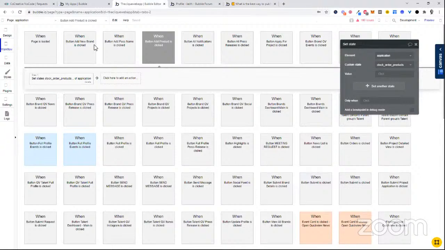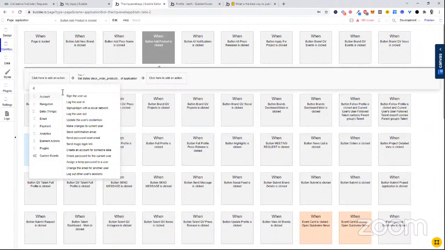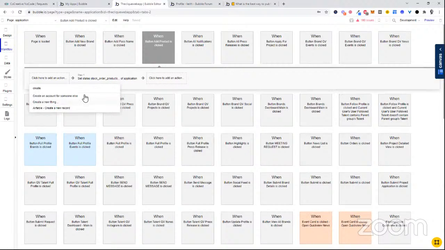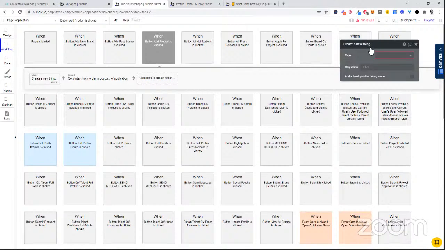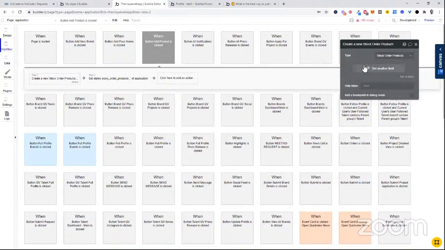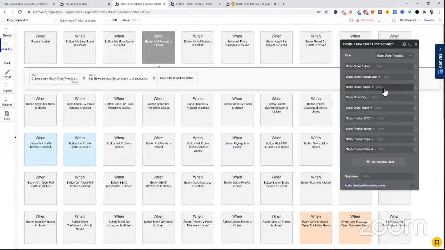And then I'll just do what we did today with the repeating groups. I'll have a look myself, and we can cover it on Friday in detail. But the easy way to do this would be just to create a new thing. I mean, this is not the best way because it's very unnecessary to keep creating things and then create them again. Doesn't make a lot of sense. But